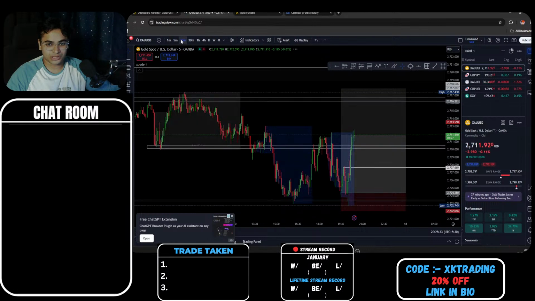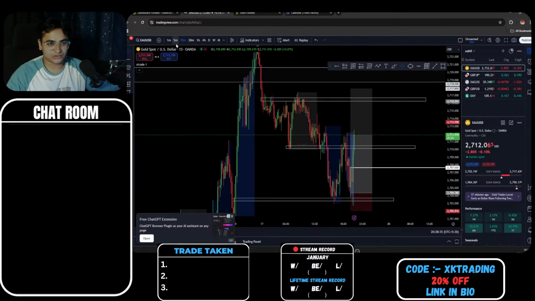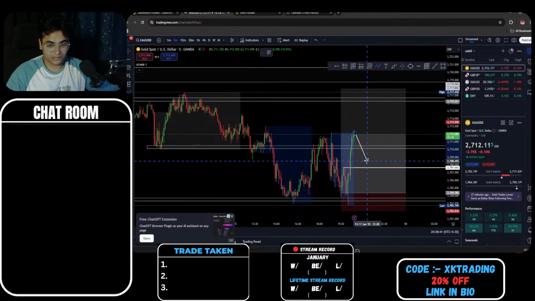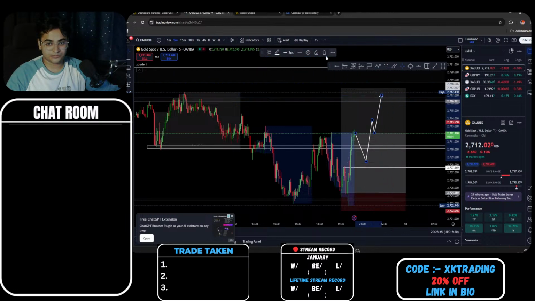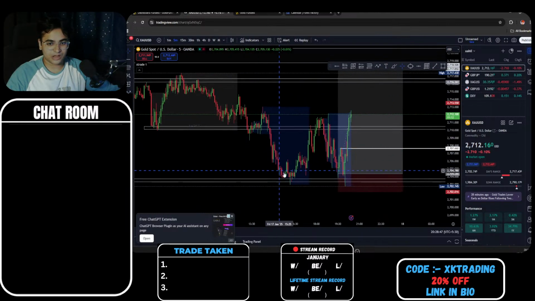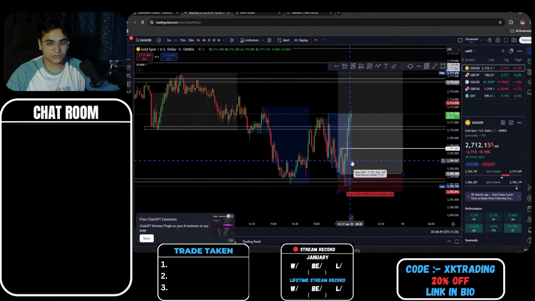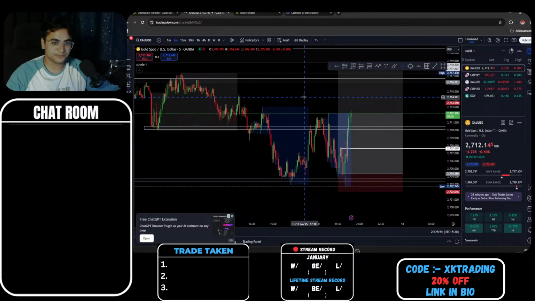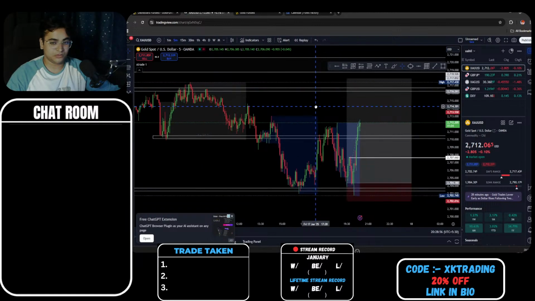But according to me, if we react to this zone or this zone, I'm totally fine with that. We should be pushing up in a minute or so. But if we do not push in a minute or so, then we're going to tap here. Then I want to see something like this. But price tapping up around our entry levels will be really hard to see, so I want to move SL to break even, to be honest.